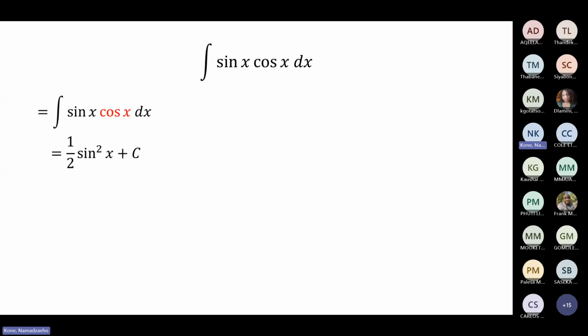Then it means that you are supposed to be able to manipulate this to look like a rule that is there. Now, the rule that we have manipulated to here by writing this cos in red is rule number 2, where we have got our function of x, which is sine x, accompanied by its derivative cos of x. And then, hence, we get this one. Now, as I have said,